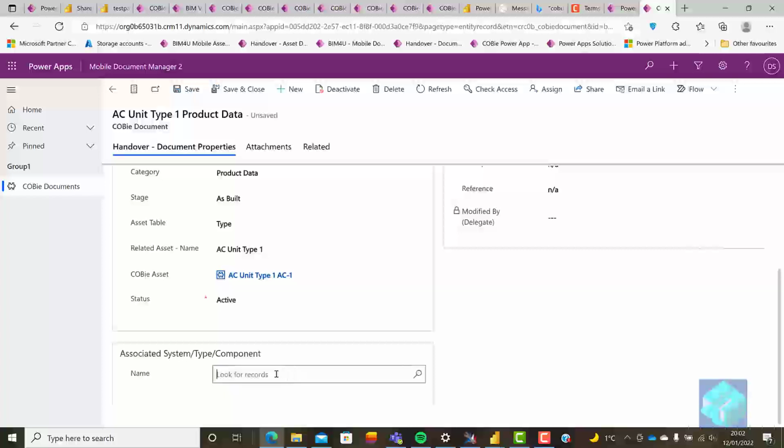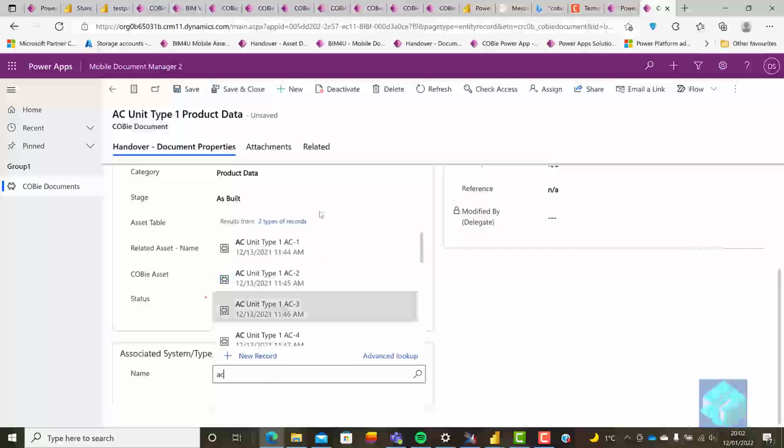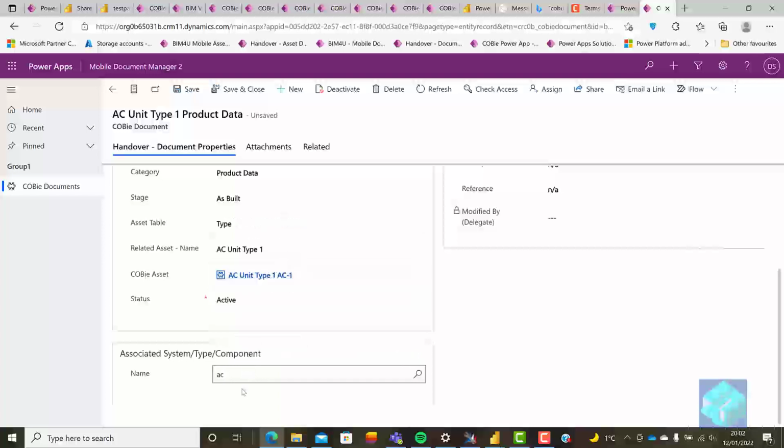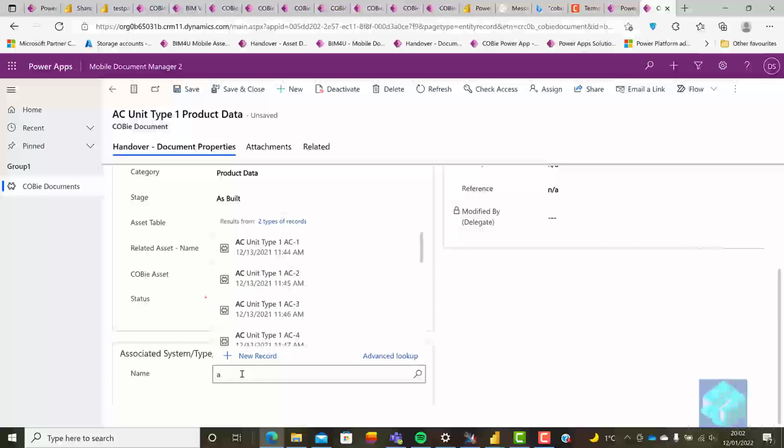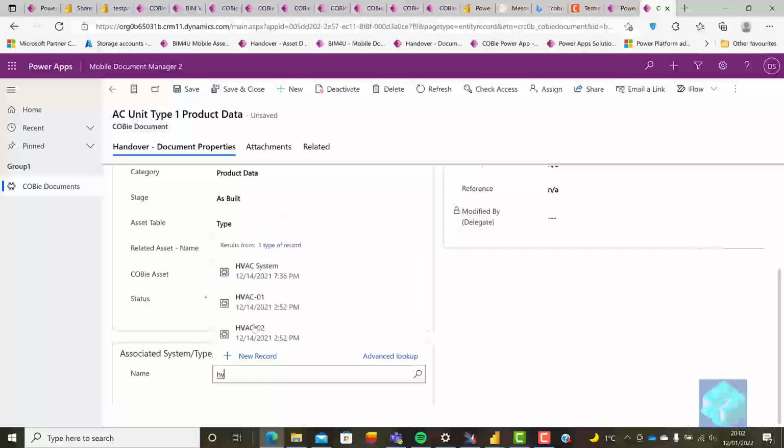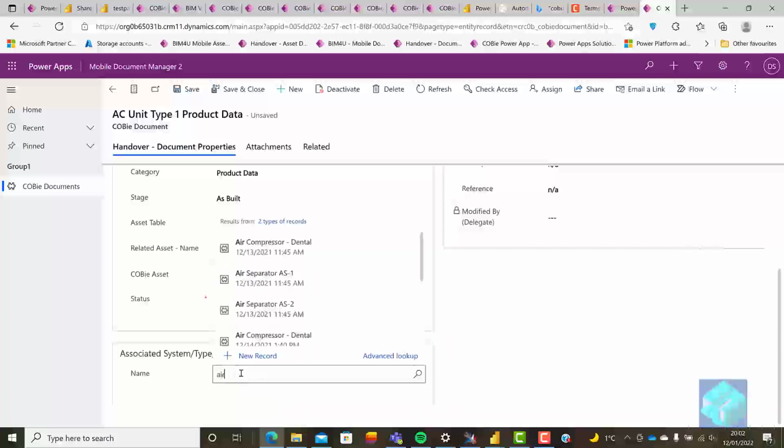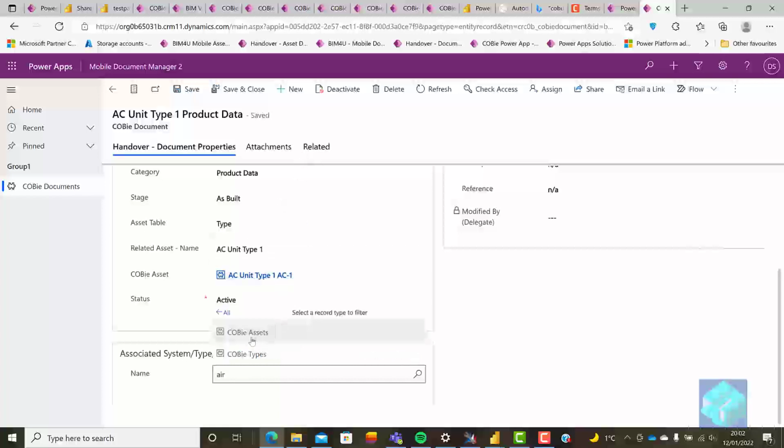But what you'll notice is because it's polymorphic, it allows me to update this according to, if I type here like so, notice it says results from two types of records, simply because it can only find AC in two types of records. So depending on what, if it's a system, if I type HV, you can see that it's found that HVAC or HV is in one type of record. So depending on what you're typing, it will identify that these are the records that contain this thing, and then I can